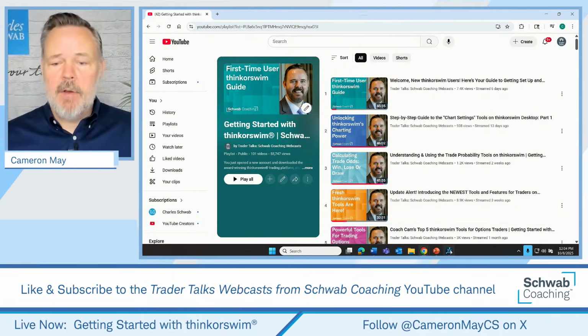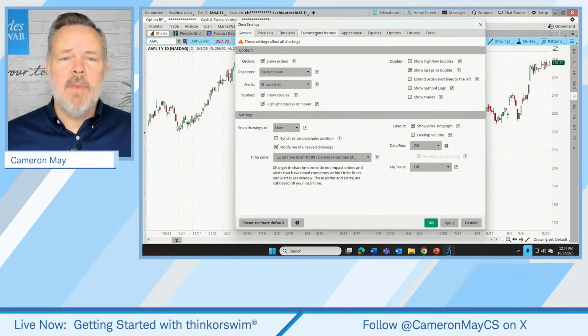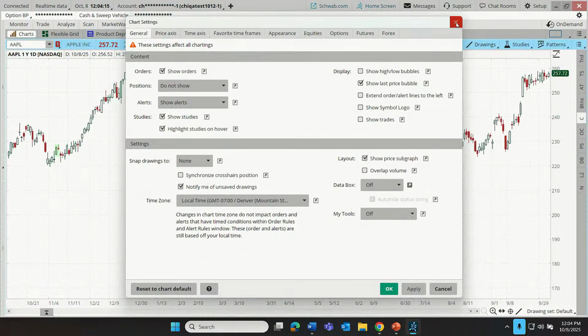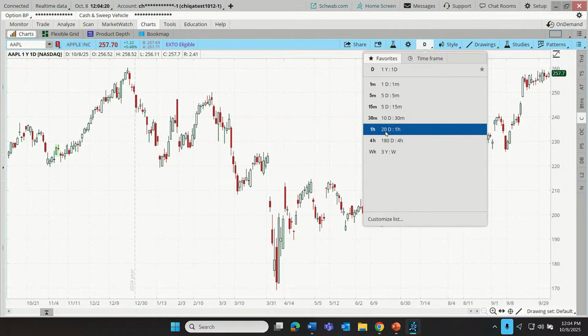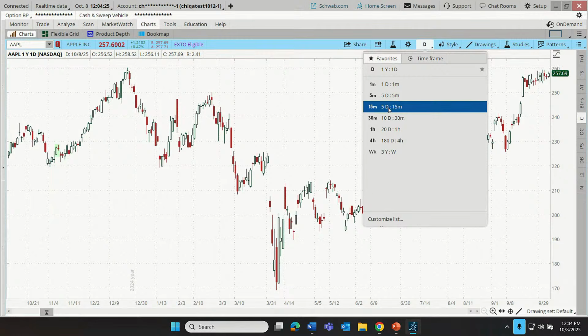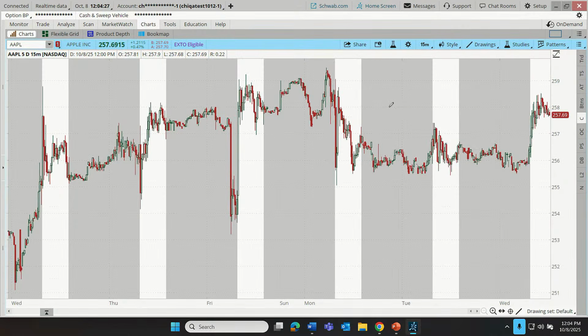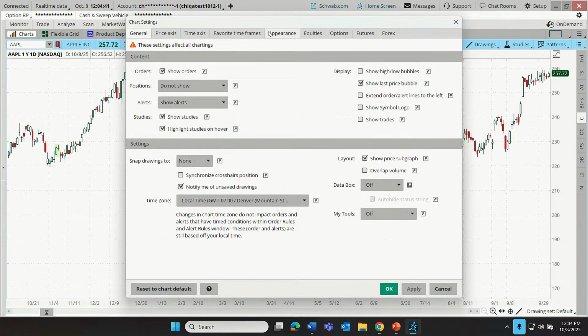All right, but let's go acquaint ourselves with these next four tabs, starting with the favorite time frames. So this relates to these time frames that we can access right at the top of our chart. So if we want to switch from maybe a yearly chart to a shorter term chart, maybe a 5-day, 15-minute chart, you might wonder where do those time frames come from? Are they customizable? Absolutely they are. We learned before that we can customize them right from that time frame tab, but alternately, we can use this chart settings tab.